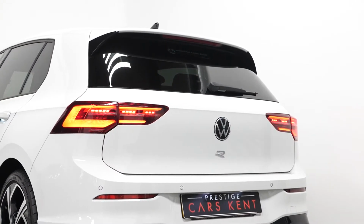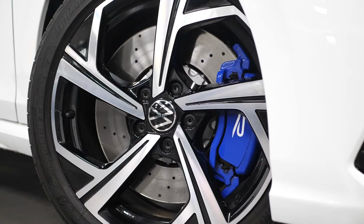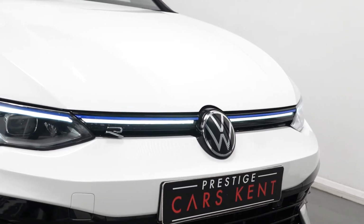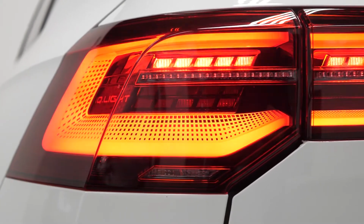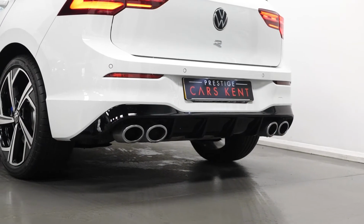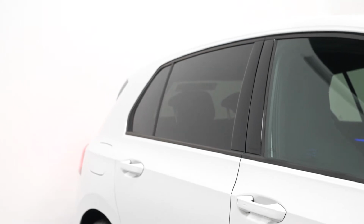You have the diamond turned unique Golf R design alloy wheels with the blue painted brake calipers just behind. You have the matching blue trim across the front of the vehicle with the LED bar connecting both the headlights. The lighting system on this vehicle is the IQ Light LED matrix system, including the unique headlights with the daytime running light and the unique tail lights as well. The vehicle comes with the quad chrome tailpipe finishers, privacy glass for the rear windows, and moving to the interior,